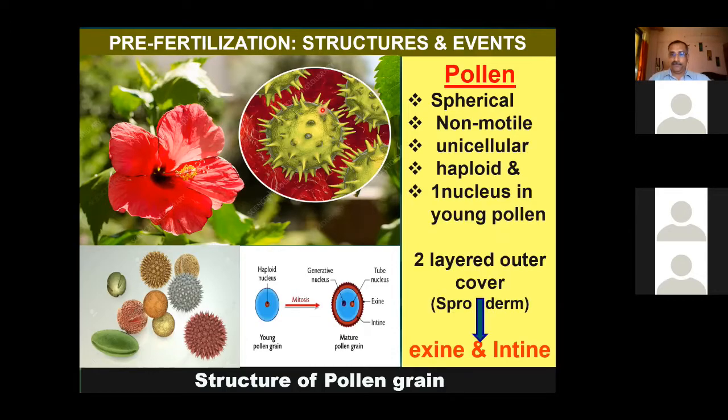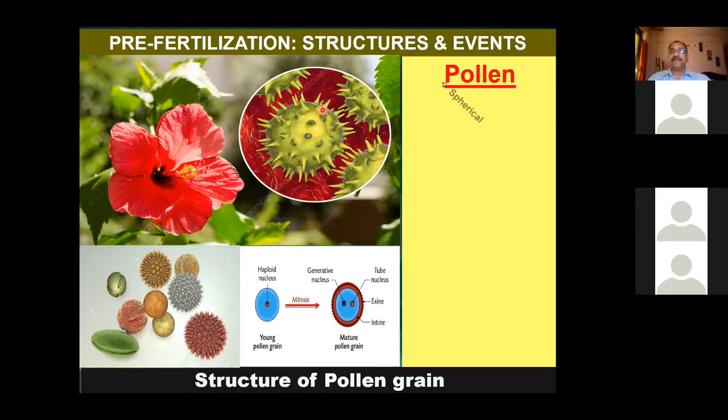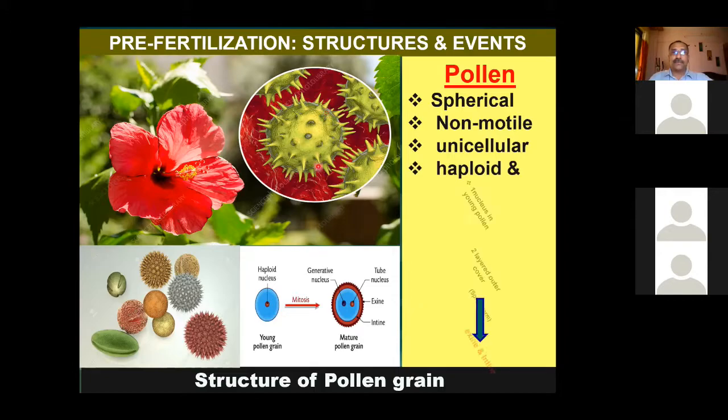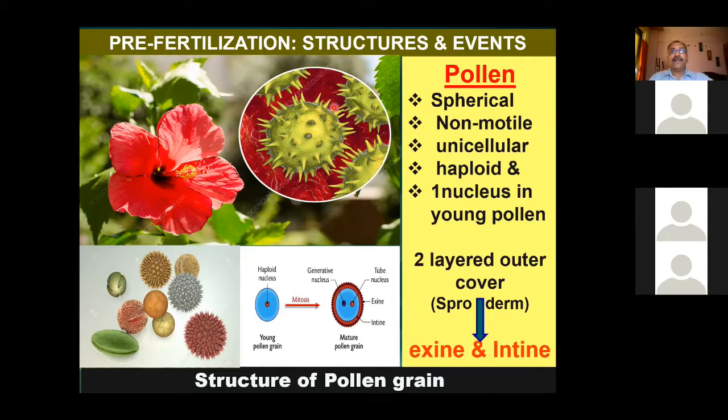Yeah, pollen. Now, you see the characteristics there. One, it is spherical in nature. This pollen grain, if you look over here itself, you can see that it's somewhat round. It is spherical in nature. Second, if you look at this particular pollen grain, you can see the pollen grains over here also. The pollen grain size, the shape, the outer nature, everything will not be the same for all the species. It will be different from species to species.